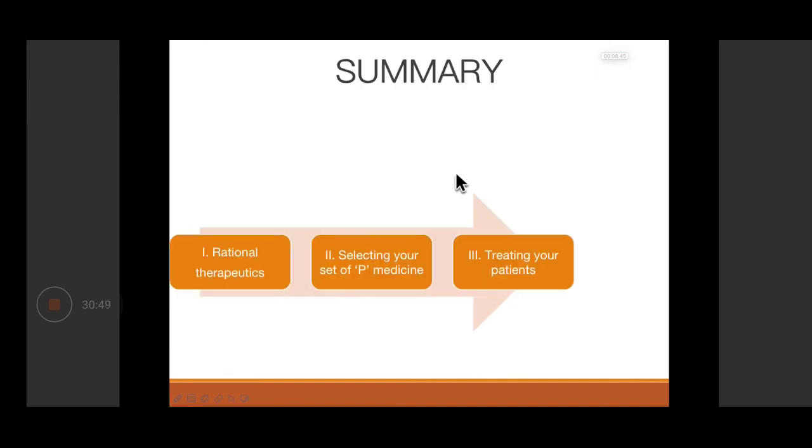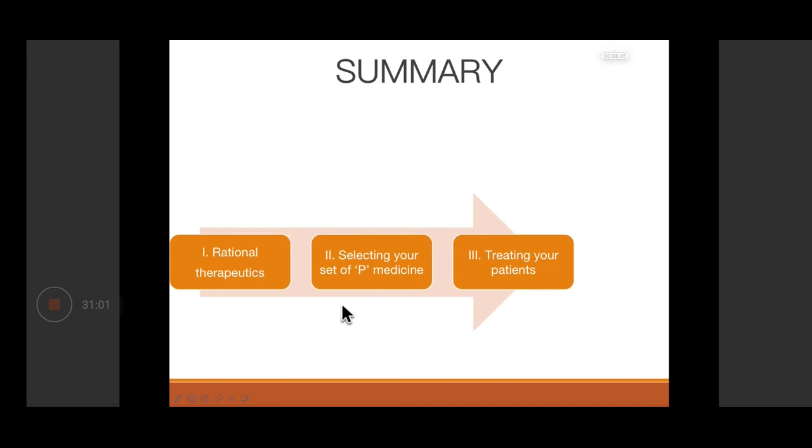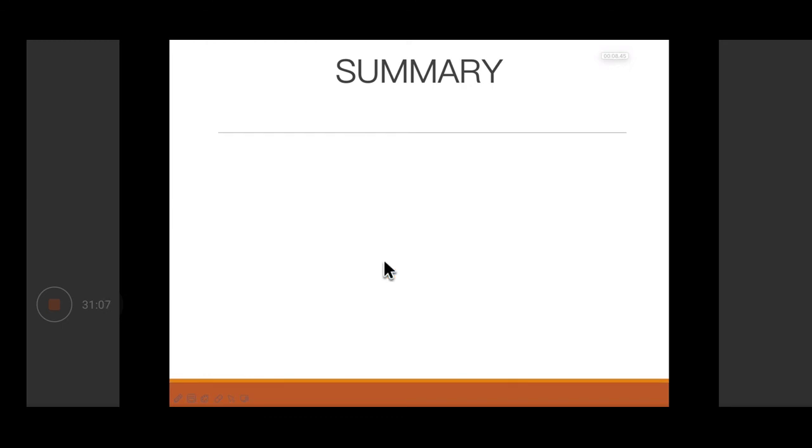So now, summarizing the whole thing. First of all, there has to be the concept of rational therapeutics, selecting your own key medicine and treating your patient. How to select a key medicine? I'm devising